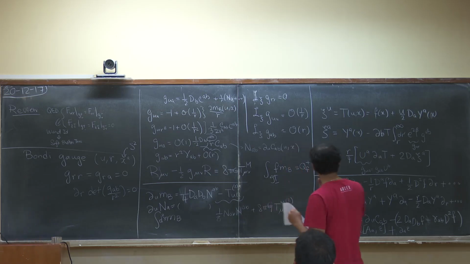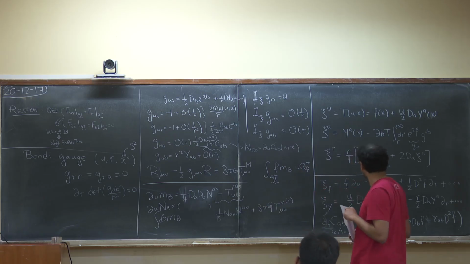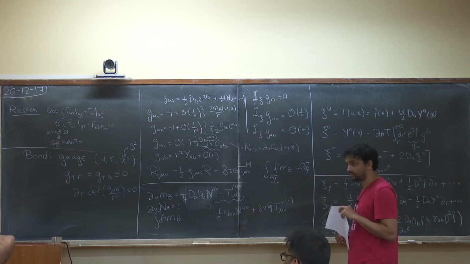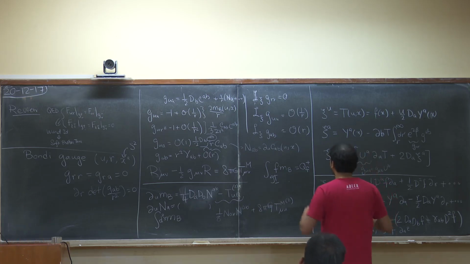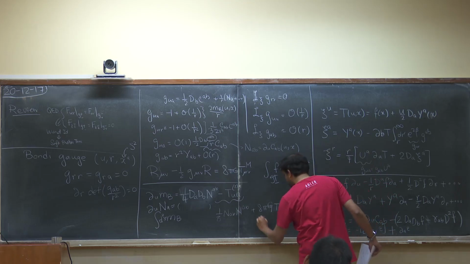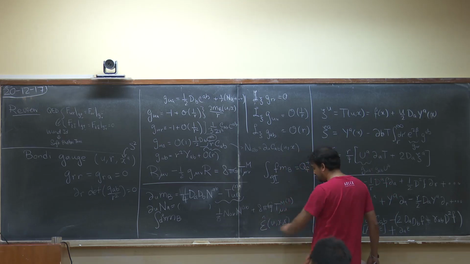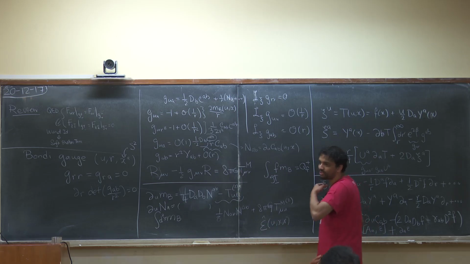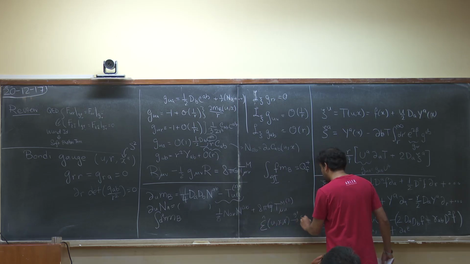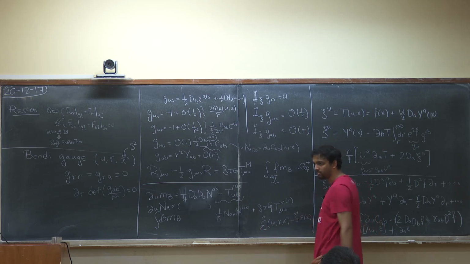Yes. But in electromagnetism you have this large gauge transformation. There was one function which was a function only of the sphere, generating the charge. It's a function on the boundary, but the full gauge parameter, let me call that epsilon hat of u, x, r, is some complicated function which of course depends on the gauge choice that you make in the bulk. But the point is, near Scri plus it goes to a single function epsilon of x, just like what's happening here. But then when you push it into the bulk, it becomes some complicated function.